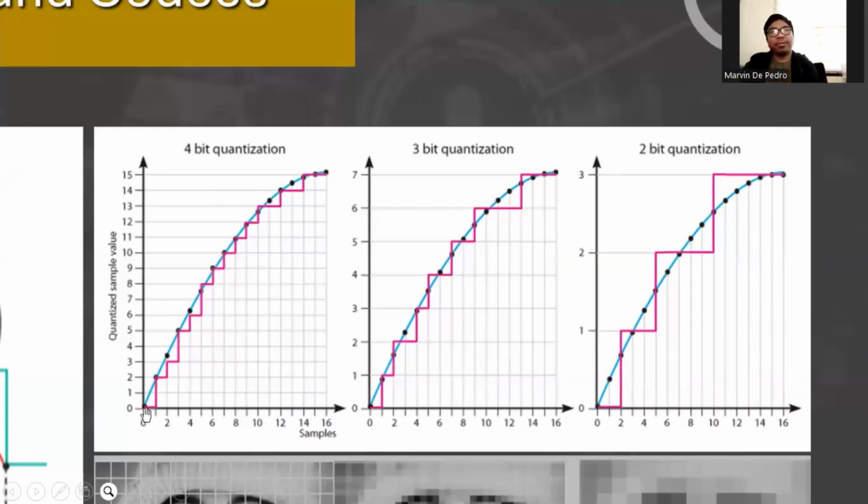Okay, so for example, if our analog signal is this one, the blue curve, if we sample it, if we digitize it, it will be like the pink one. But at least if we connect the dots, it will be somewhat similar to the original. Unlike this one, this can be tolerated. While this one, if we connect the dots,